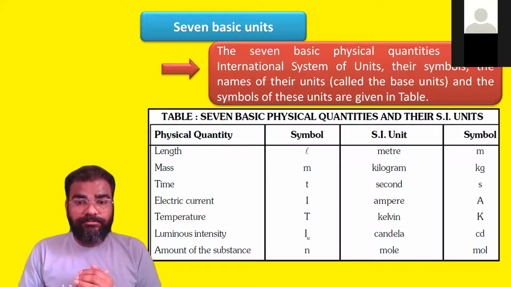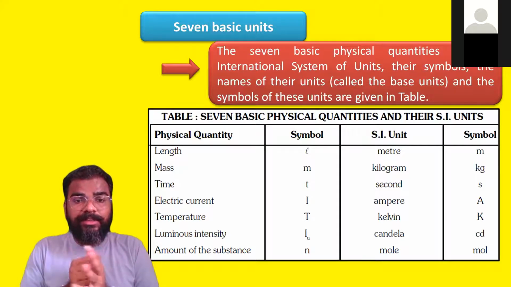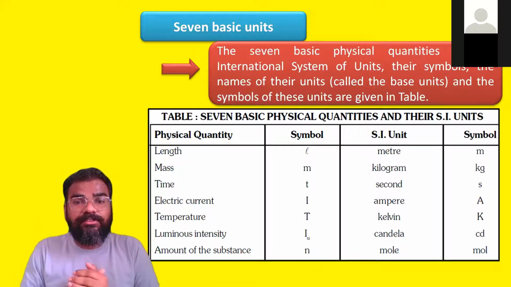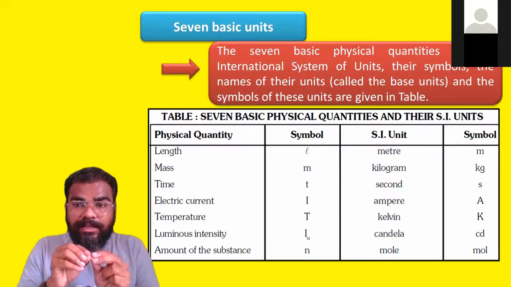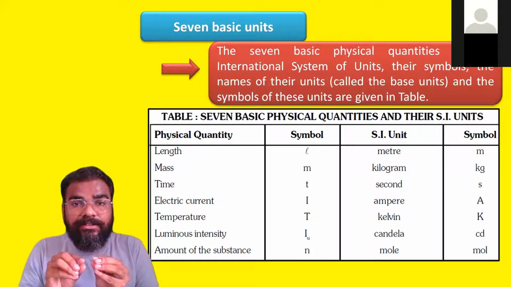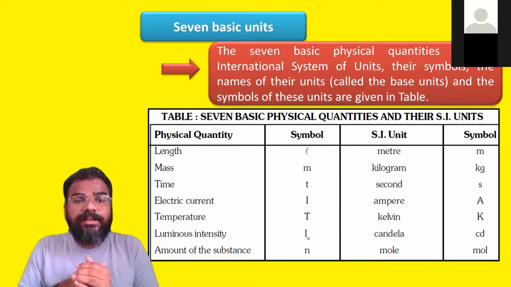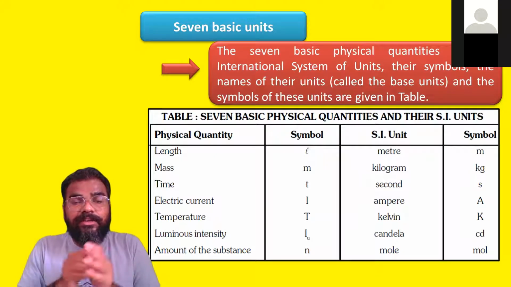So let us see one by one in the table what has been given, that is 7 basic physical quantities and their SI units। The same table is available in the physics subject also, in chapter number 1 itself, which is very much important my dear students। Okay, till today there are so many students of the 12th standard who suffer with this calculation part, even with the basic units only. These are the 7 basic physical quantities throughout the world।